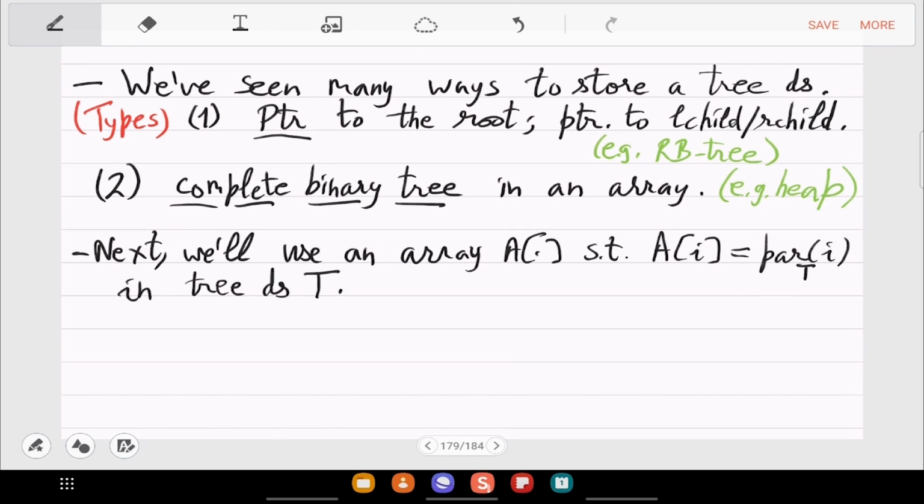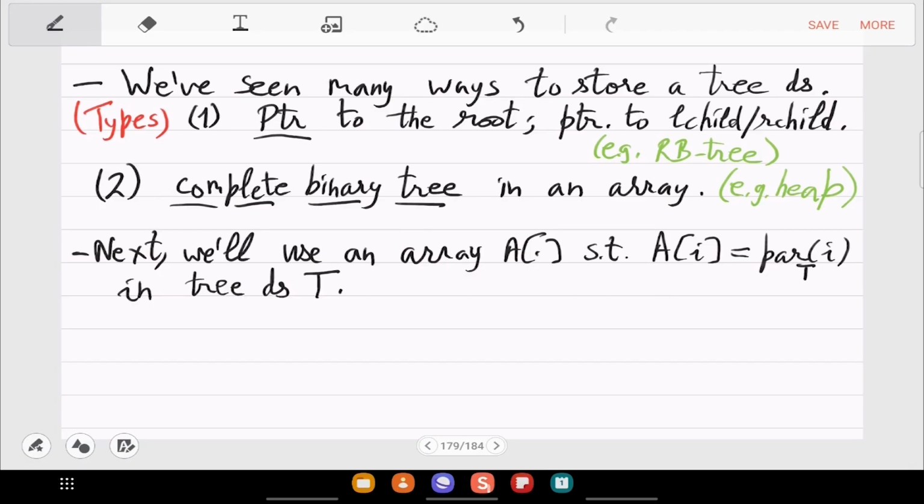So this parent is in the tree. Okay, so there is some abstract tree data structure like you had in the heap, but the way it will be stored in the array is very different from a heap. So here, when you go to the ith location, what you will see written there is the parent of i. So it's kind of one directional compared to heap. In the heap, you can go to both the parent and children of i. But now in the array, since you only have the parent, you can only go to the parent.